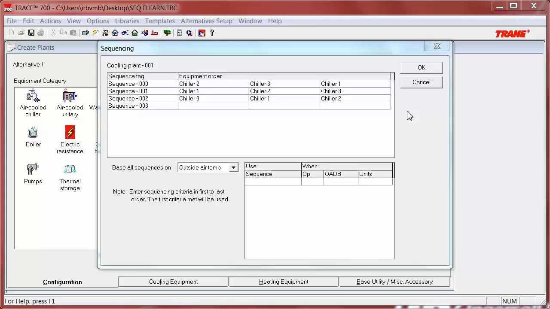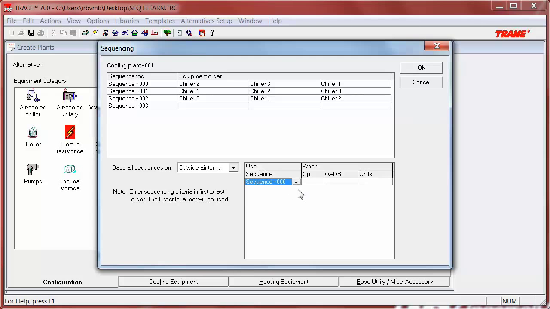Since we are starting with our coolest temperature, we'll begin with the first sequence created. In the sequence column, we'll select that first entry, then select the greater than operator, and finally enter that lowest temperature and corresponding unit. Once that has been created, we can move to the second line and select the second sequence. You'll notice that on this second line, the operator cannot be changed. We will then enter that 70-degree temperature,